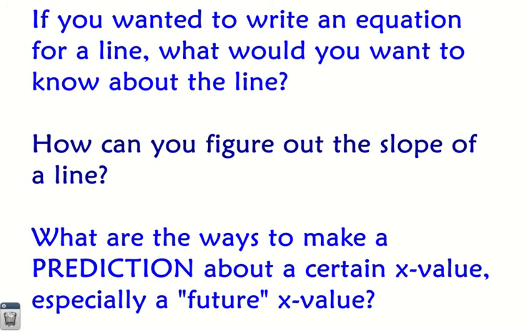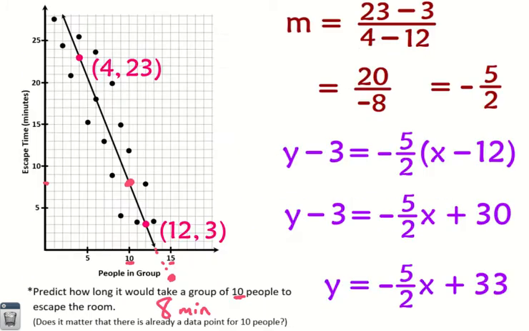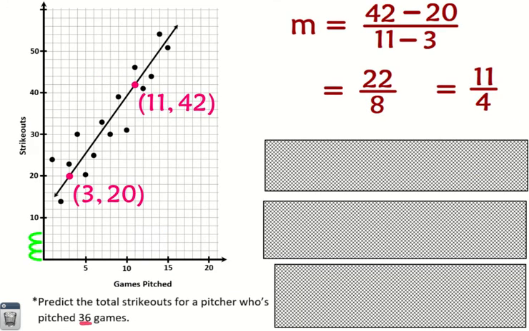How can you figure out the slope of a line? And I was saying you could use the formula, or you could count your rise and your run, count some boxes on the graph. But, trying to be quick about it, I don't want to drag this out. What I'm saying is,